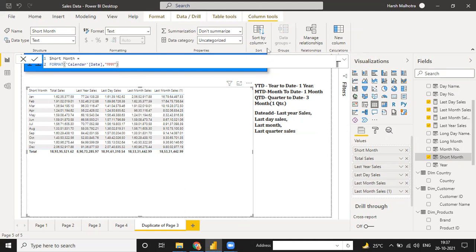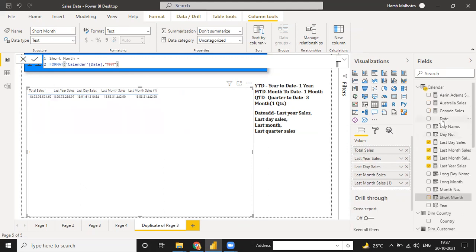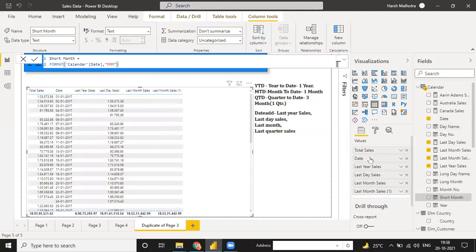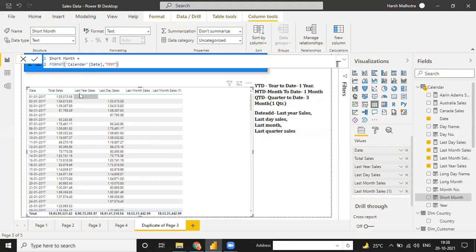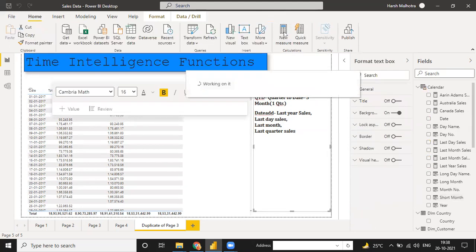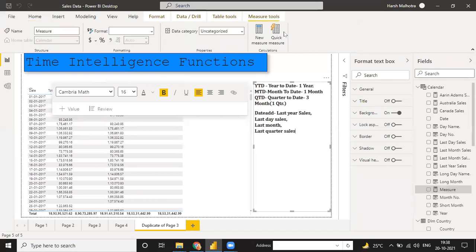Okay. And now if I'm using another function, instead of short month, if I change to my date column, total sales, last year, last day sales, last month, year, day, month. Okay. And right now, if I'm using a new function like SAMEPERIODLASTYEAR, this is a new function for the same thing, guys.